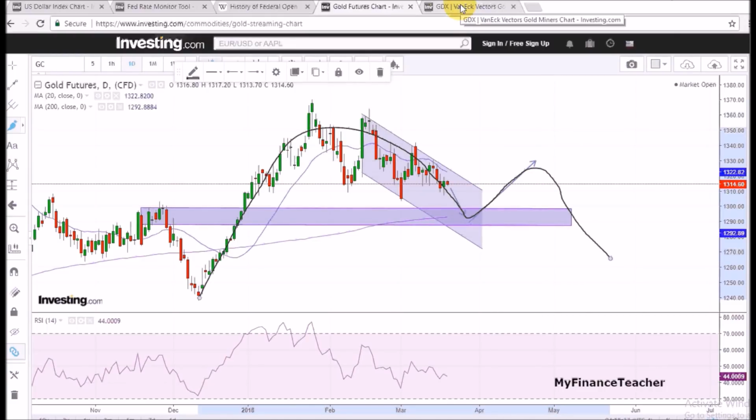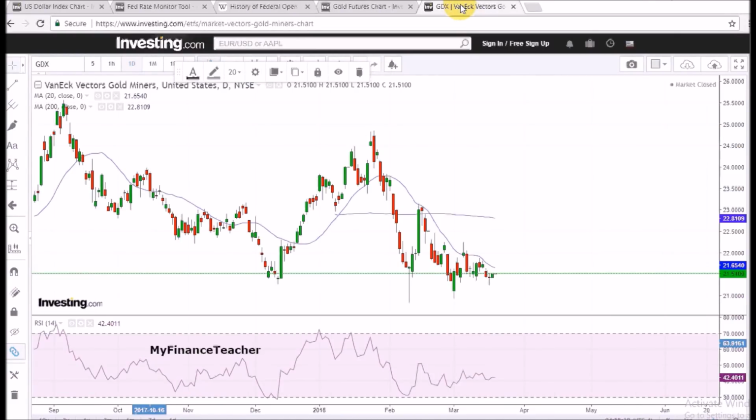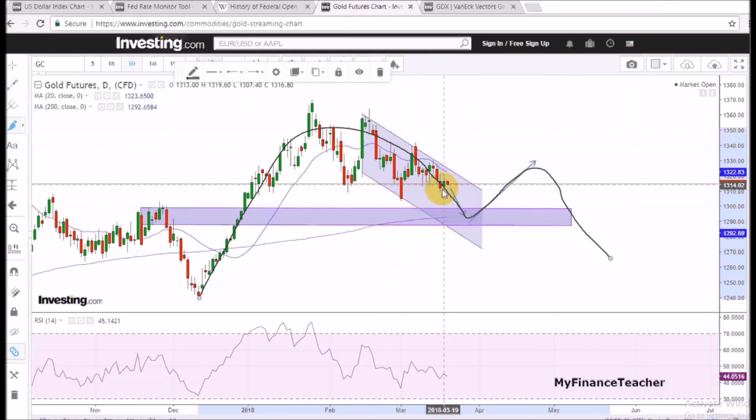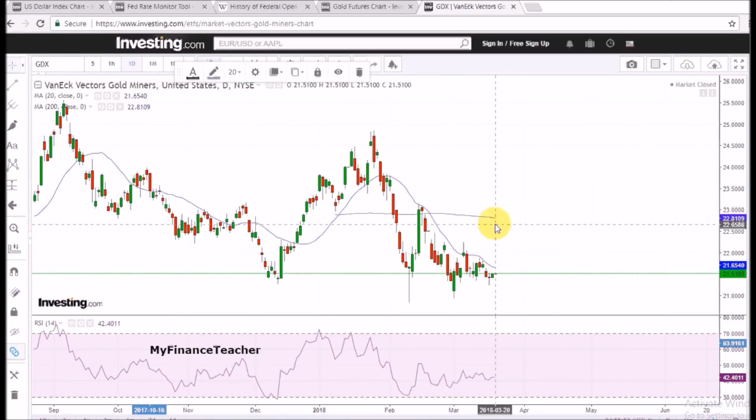And looking at GDX, I think the potential is relatively better here because gold miners have been suppressed quite a lot. If you compare gold to its 200-day moving average, for example, gold is currently higher than its 200-day moving average, whereas gold miners are lower than their 200-day moving average. This is GDX. So I think a potential for sort of a nice pop-up is better in GDX, given that it has been suppressed so much over the last couple of months.